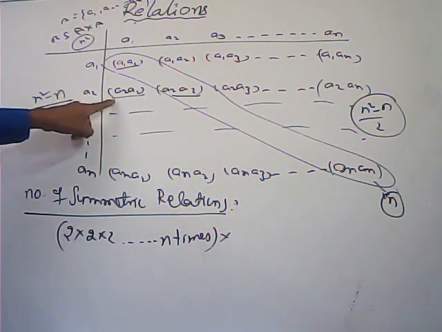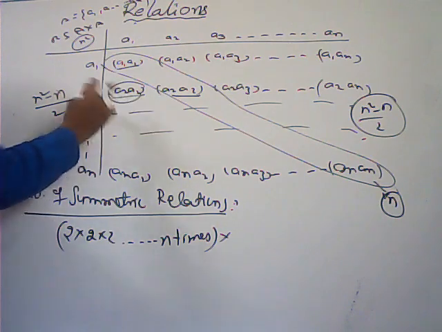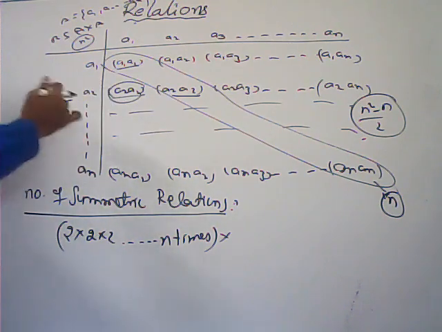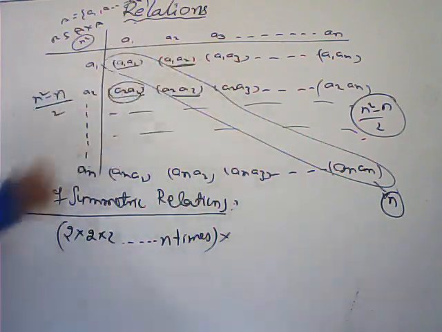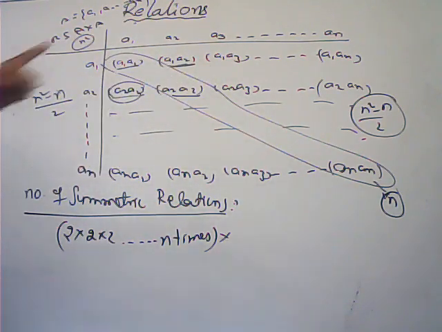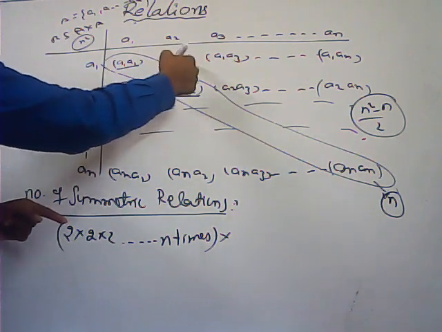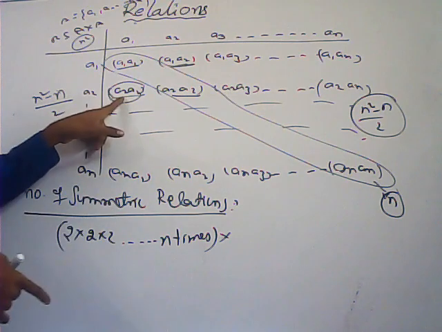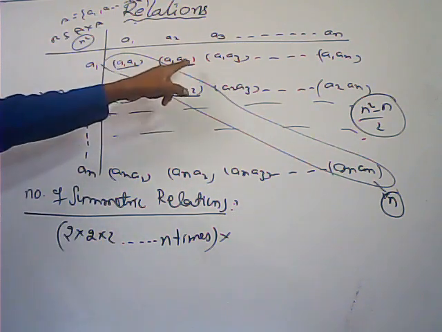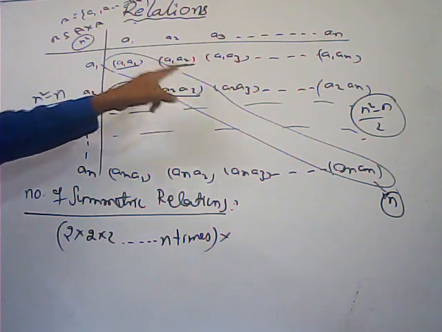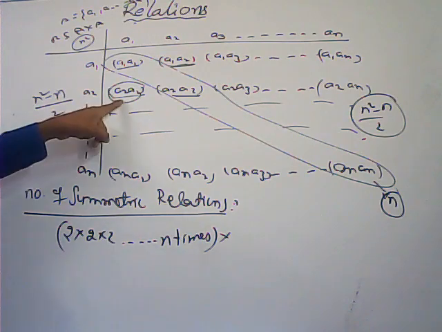Now here you can check that one. For every element, two possibilities are there: either it belongs or doesn't belong. If it belongs, at the same time A1 comma A2 also should be there. For that element, see here, that one selection depends upon this one only. If I don't select that one, also don't select that one. If I select this one, you have to select that one. So for the second element, there is only one possibility. It depends upon the first element only.